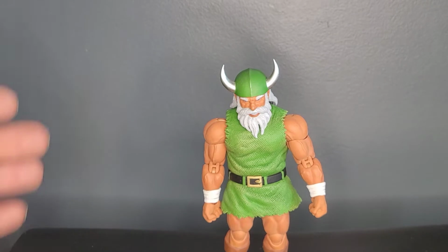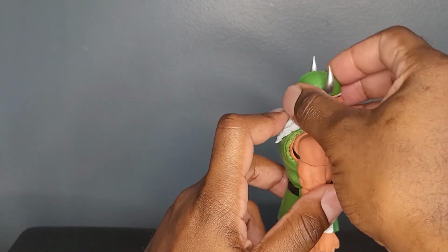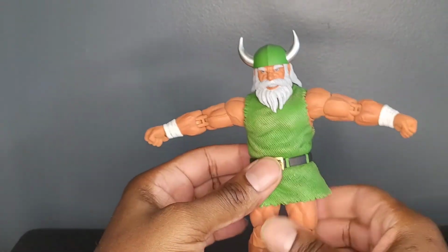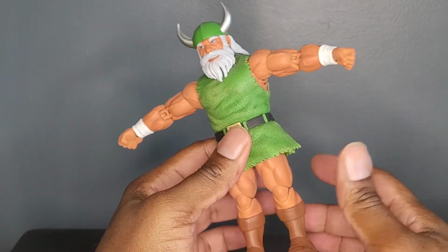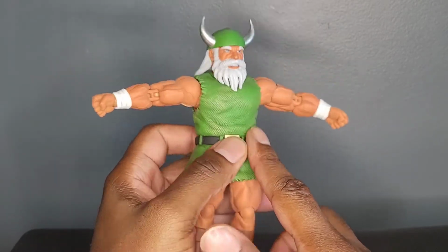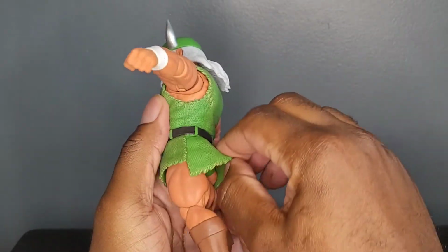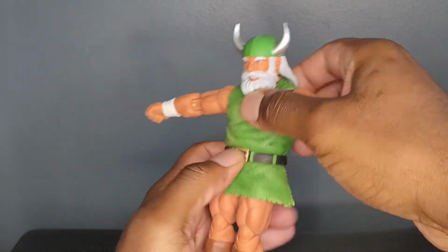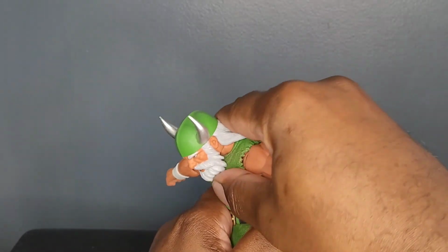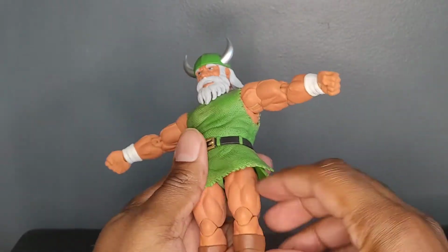Functionality, as you can see, Gilius clearly passed the stand test. Let's go ahead and start with the head. So the head is unable to look up any due to the long hair that's in the back. There are also restrictions around this tunic, unfortunately, as I'm pretty sure there's some great sculpted articulation within his body, but due to this piece being rigid or tight fitting, it doesn't really allow for Gilius to really use everything that he has within that torso. Well, I feel like I was able to force it into a better crunch than I was in the articulation section. With the leg,